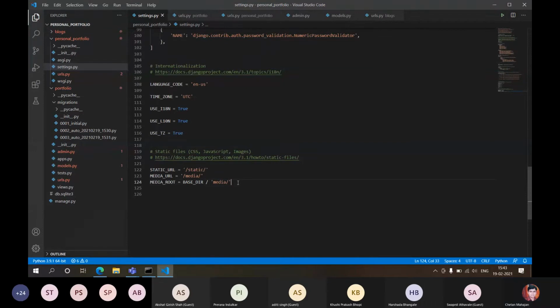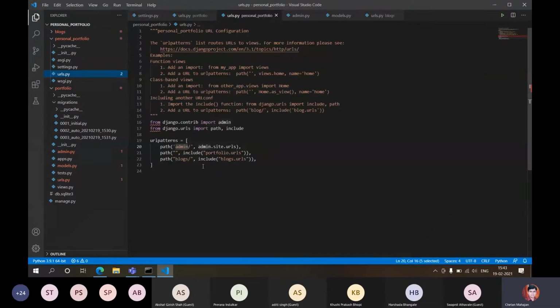Okay, so I'll go to urls.py over here, and I'll mention over here urlpatterns plus equal to